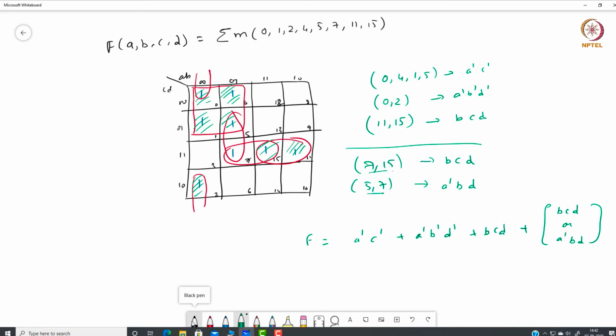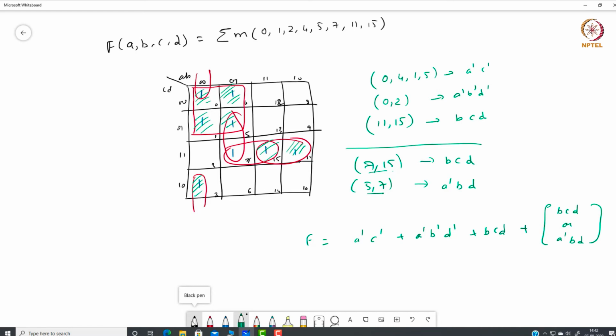We can also use these K-maps to find whether two expressions are equivalent. Sometimes one expression is given, and we have to find out what are the minterms corresponding to that expression. That also we can quickly do with K-maps. And then finally we can optimize it by again converting those sum of minterms to a minimum expression using K-maps.